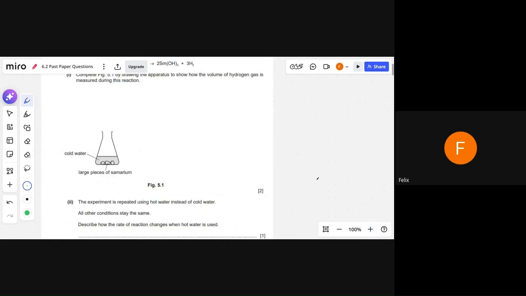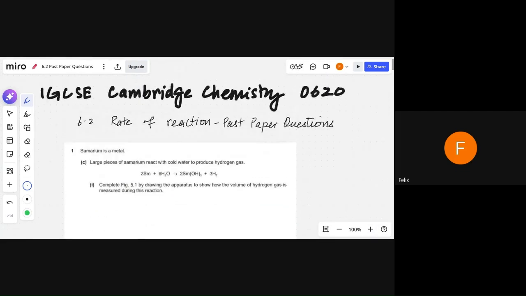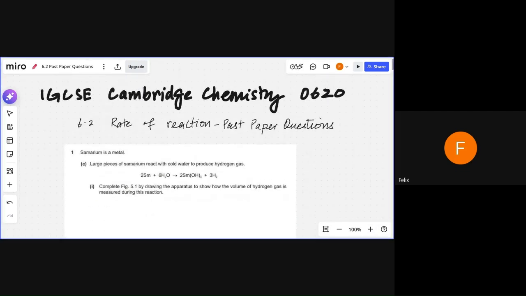So before this lecture, we have covered the theoretical part of rate of reaction, for both core and extended students. If you don't have the foundation for this, I would suggest that you go back and watch rate of reaction part 1, rate of reaction part 2, and then come back and try to solve these